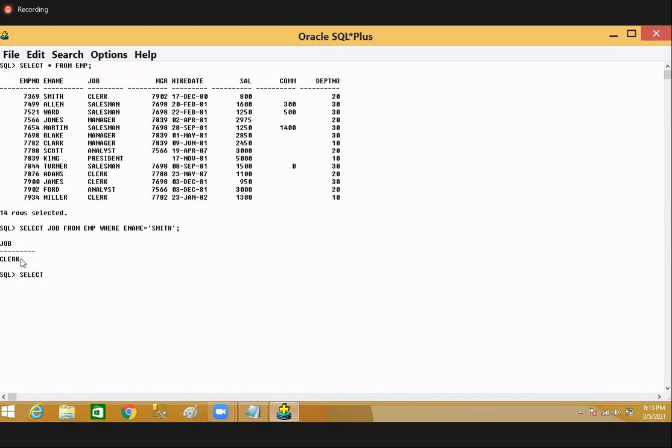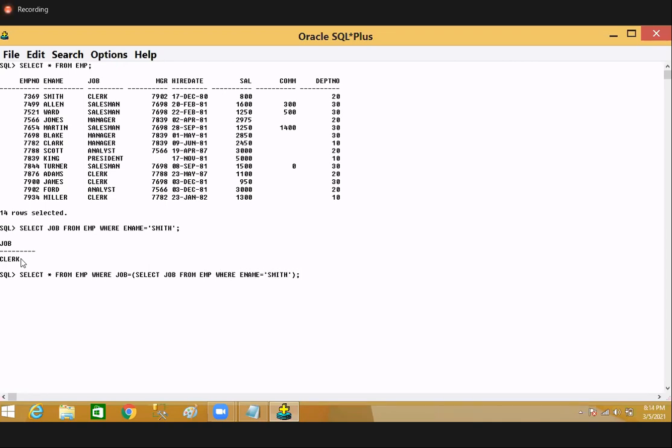Those employees' data, display. Display means what now? Select star from EMP. Condition, where the condition is what? Job is equal to, what do we need to write here? Clerk. But clerk we can't write directly now. So that's why, in place of clerk, we need to write an inner query: select job from EMP where ename is equal to